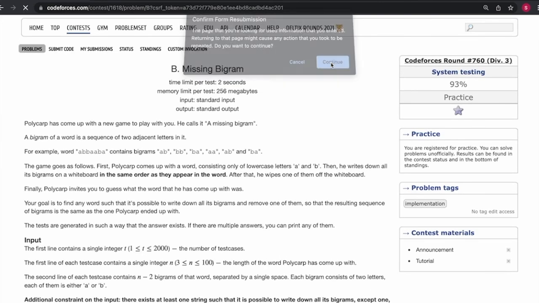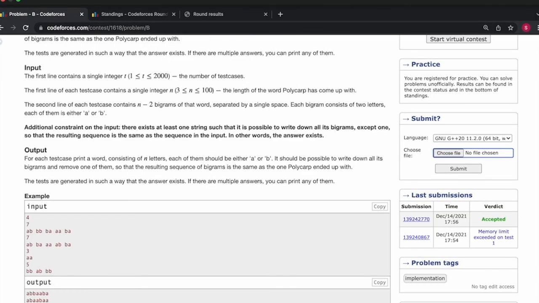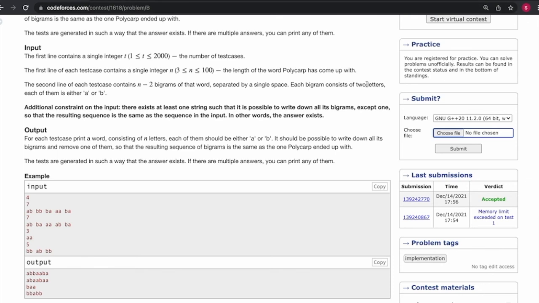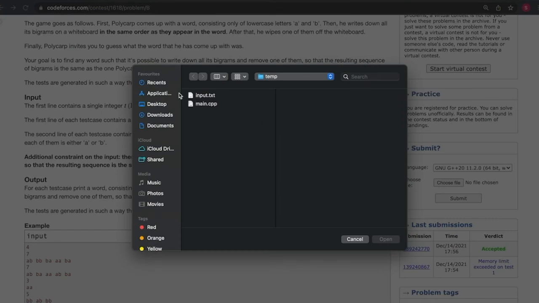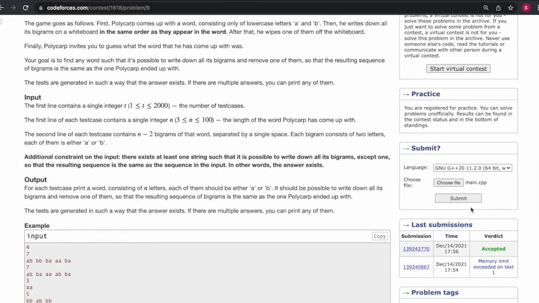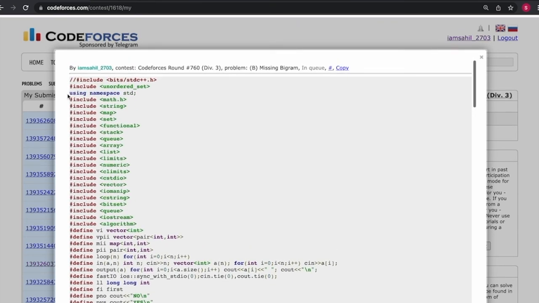Oh, system testing is going on. So finally the system testing has ended, so I'll check if it works. It works fine actually. Okay, so they have queued the question.